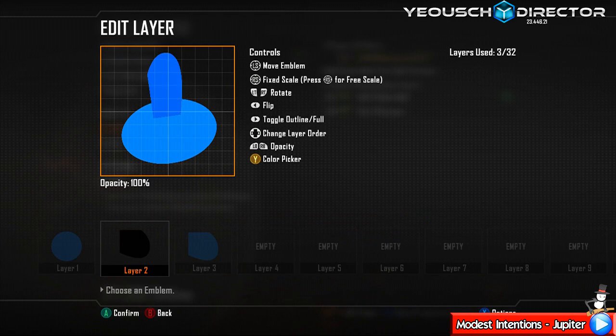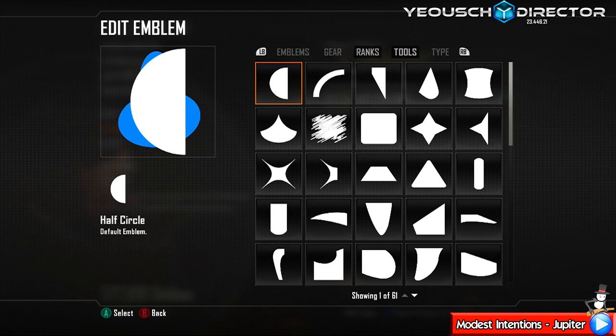Duplicate it, make it black, and just move it out and up a little bit. And there we go. Nice. So we've got a black line going down, and the fin, or whatever the hell it is that's on the top of his head, is outlined. Perfect. Jump in and grab,